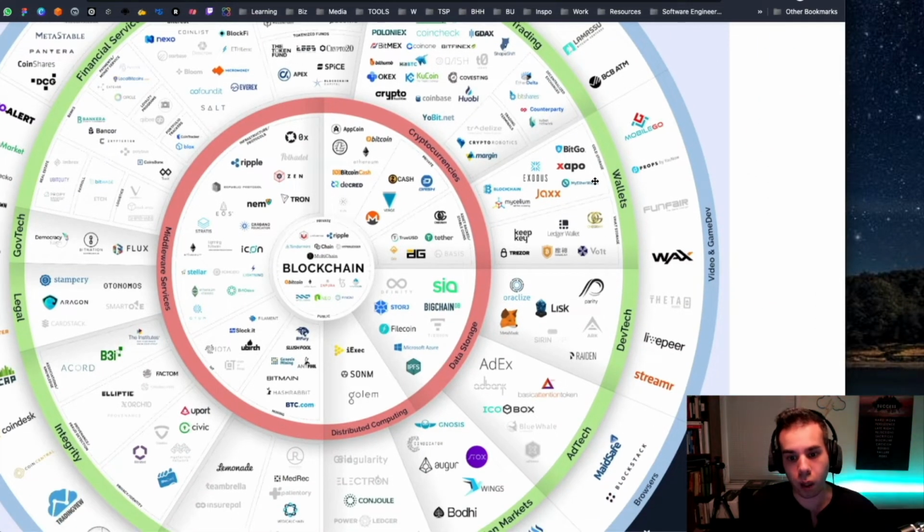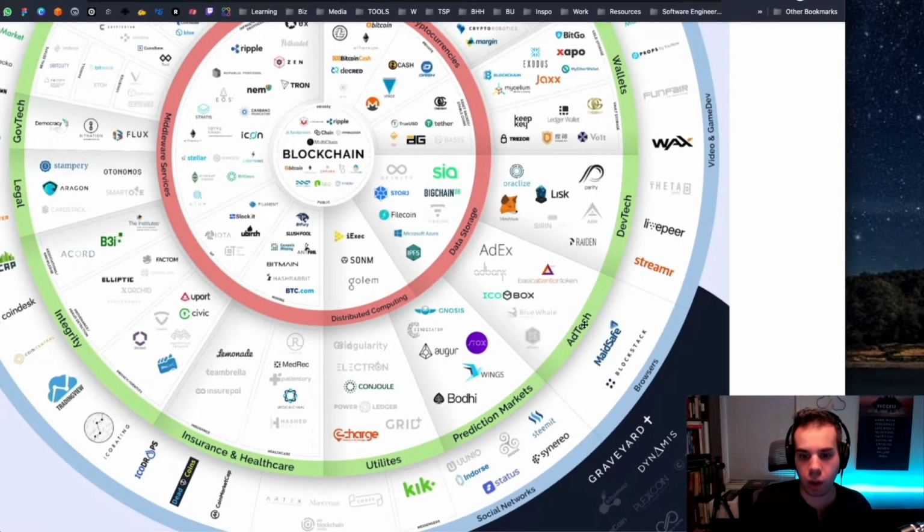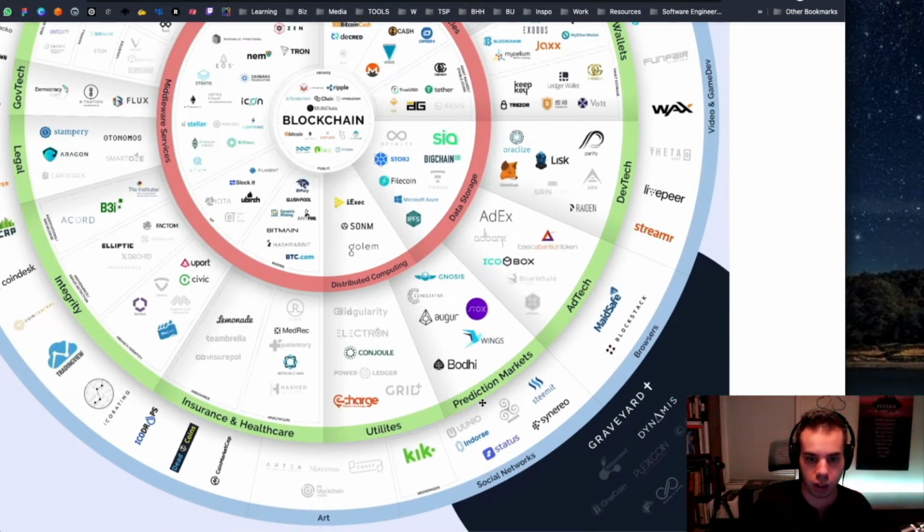Now let's go to wallets, right? So there's Trezor, which is a hardware wallet. There's Ledger. There would be BitGo. MetaMask would be in here. MetaMask is here under DevTools. It's a wallet, but also it provides sort of a node for working and stuff. There's Lisk. Now for ad tech, there's Basic Attention Token. There's ICO Box. There's different prediction markets. Augur is a sort of big one.